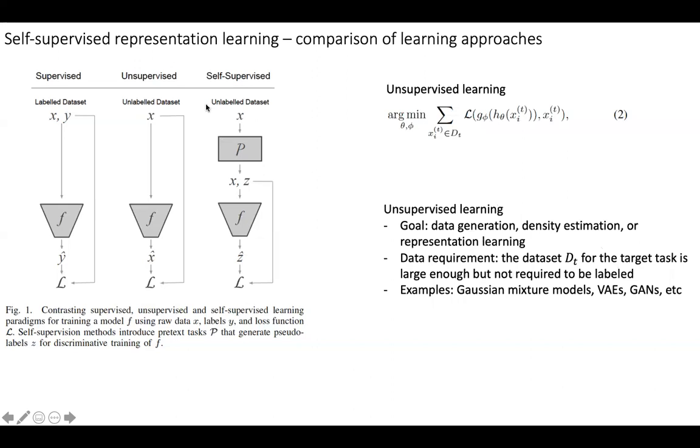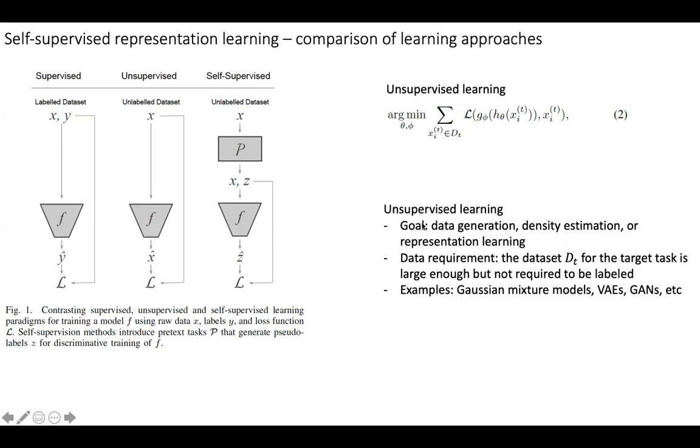For unsupervised learning, usually we have unlabeled data. We only have, for example, the input image in the computer vision domain, and we learn the feature extractor, and then we learn another task head. In this particular situation, this is a reconstruction task head. So we reconstruct the whole image, and then we combine the reconstructed image with the original input image to calculate the loss. And this loss will be used to train the task head and also the feature extractor,